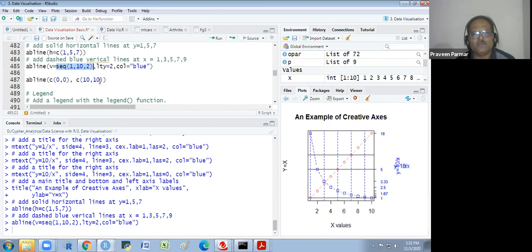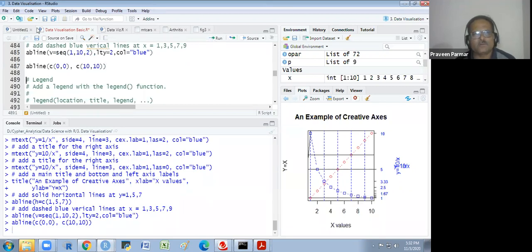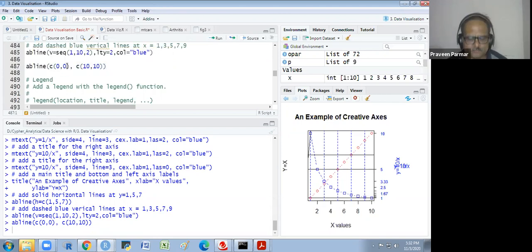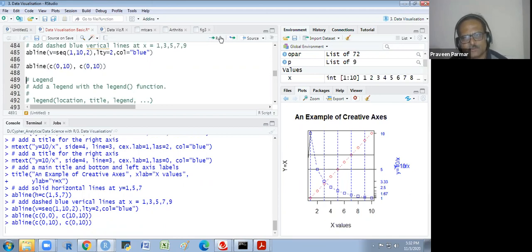And abline from 0, 0 to 10, 10, I see what happens. It works or not. It's not working properly. So I remove this. I try this, what it comes.